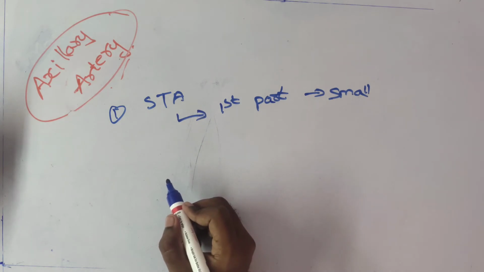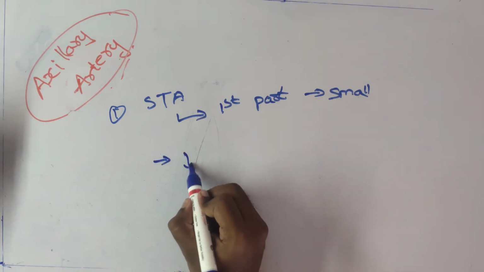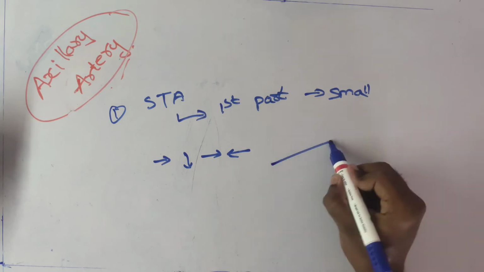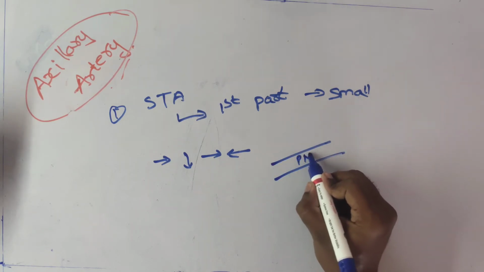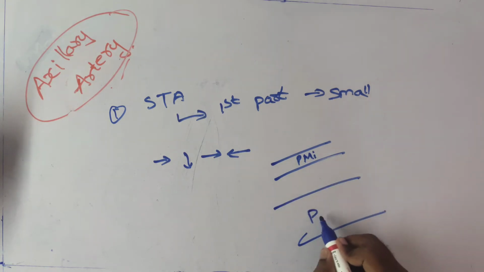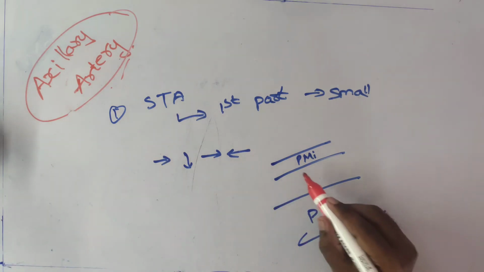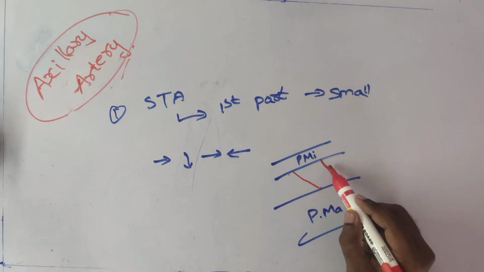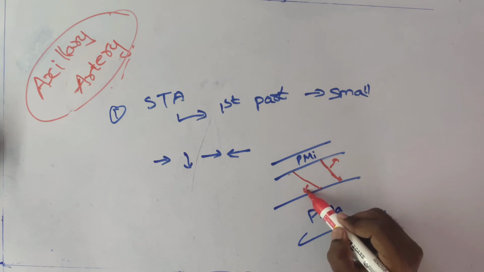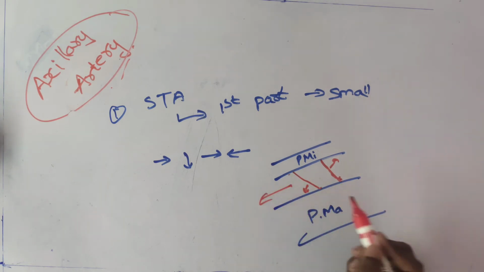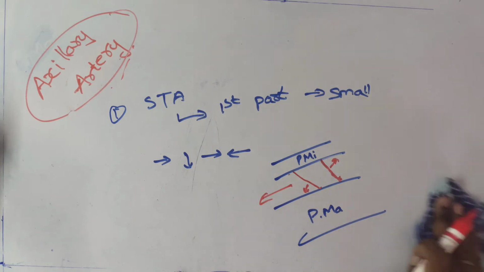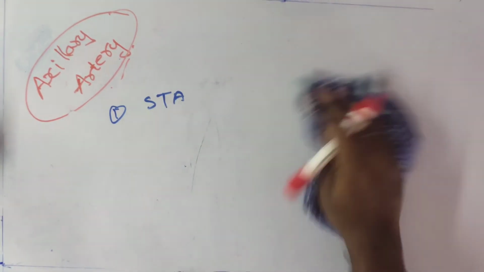Next coming to the extension, it extends downwards, forwards and medially, and passes between the pectoralis minor and the pectoralis major. It passes between these two muscles, and here is the axillary artery. It supplies the pectoralis minor as well as pectoralis major and the thoracic wall. Okay, it supplies these three parts. This is all about the first branch of the axillary artery. And now coming to the second branch,